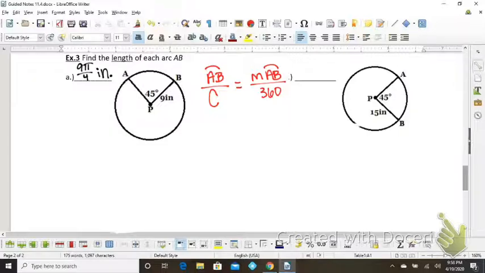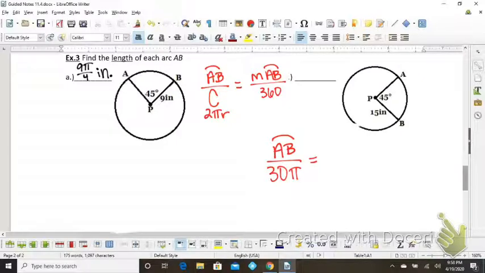All right, on number 3B over here off to the side. Same setup, we're trying to find the length of arc AB. That's why I left this here. We're going to reuse this. So again, I don't know the length of arc AB. I do know I need to divide that by my circumference. So remember, circumference, you could write it as 2 pi r. So 2 times 15 would be 30 pi